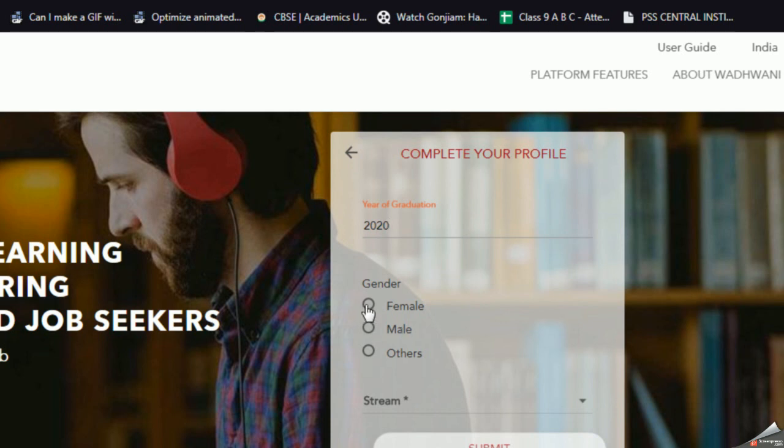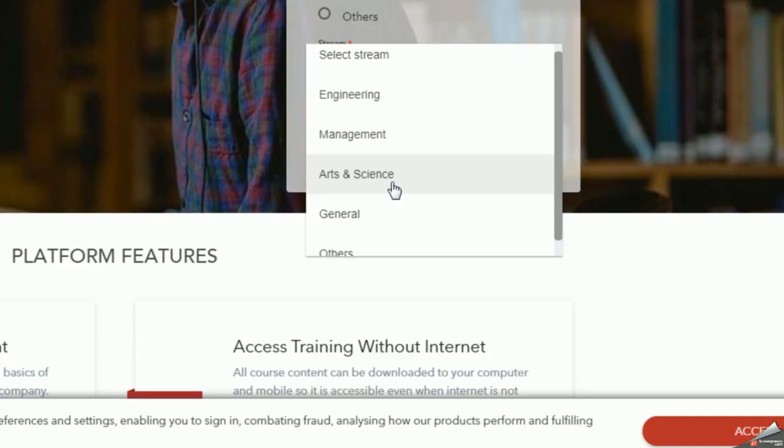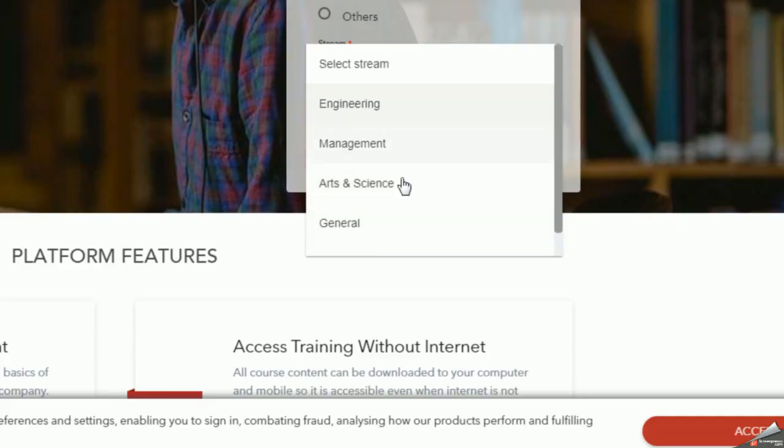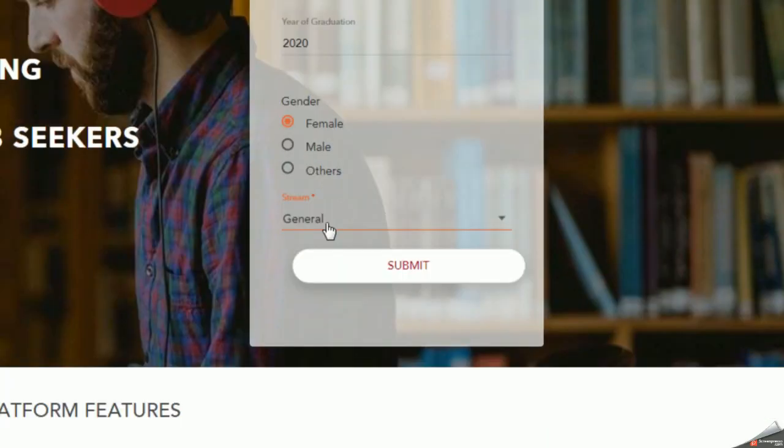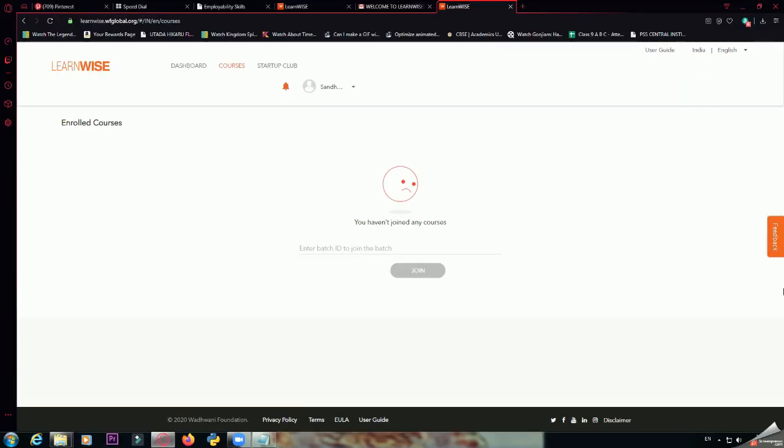And then I'm going to click on my gender, stream. You can select your stream. So suppose you can select your stream as general. I've selected my stream as general. Click on submit, and this is your page, your dashboard. Go to your dashboard,